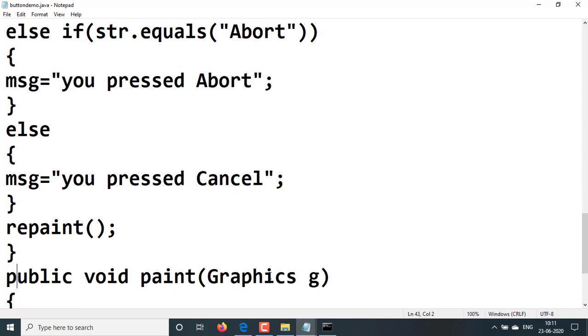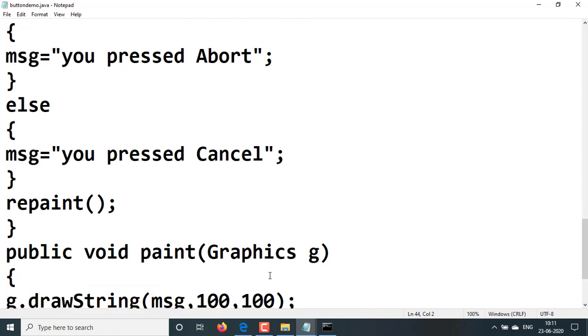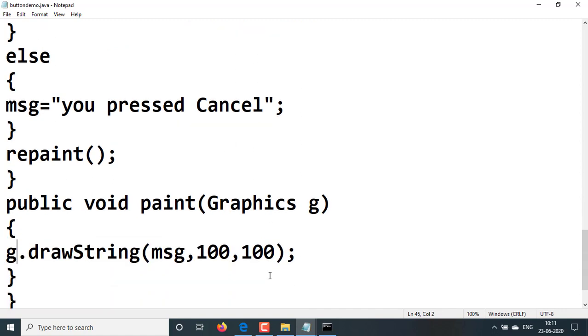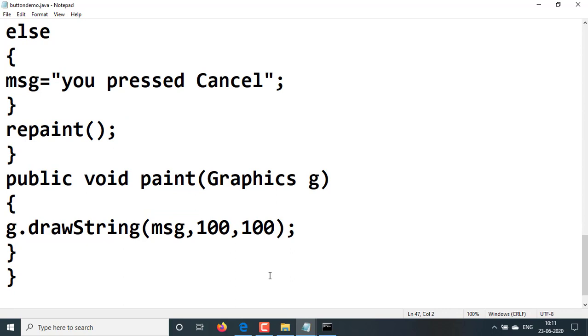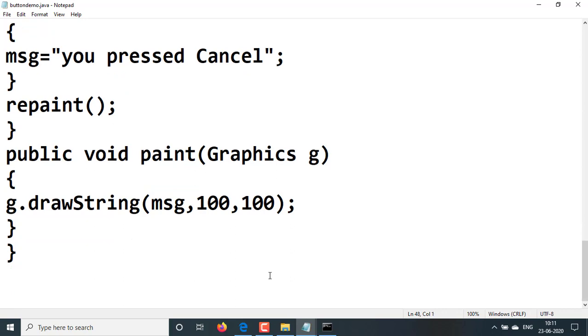Next, public void paint(Graphics g). In this we have g.drawString. We are writing the msg variable value onto the screen, at position 100, 100, which is where we need to print it. Close the paint method. Lastly, close the class.